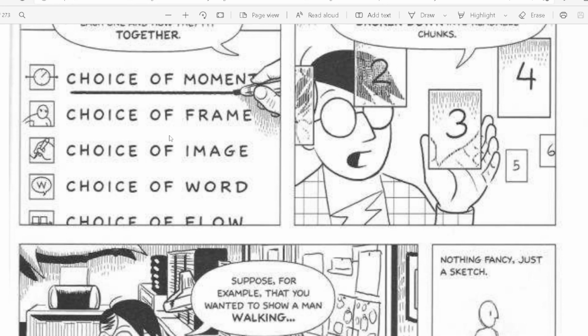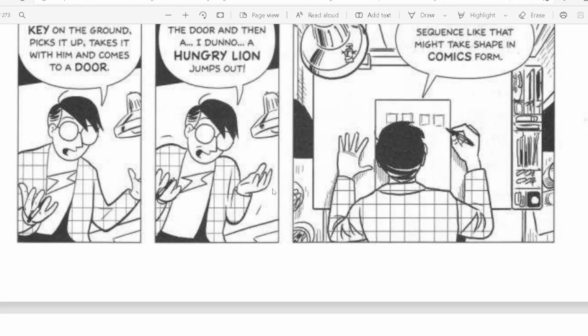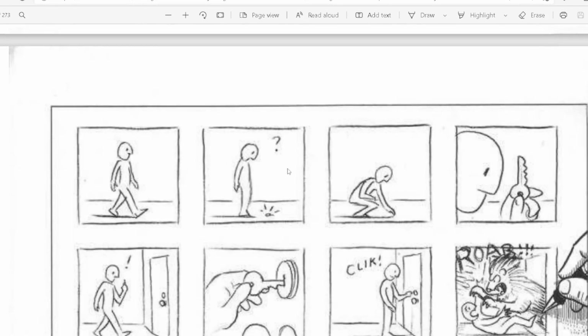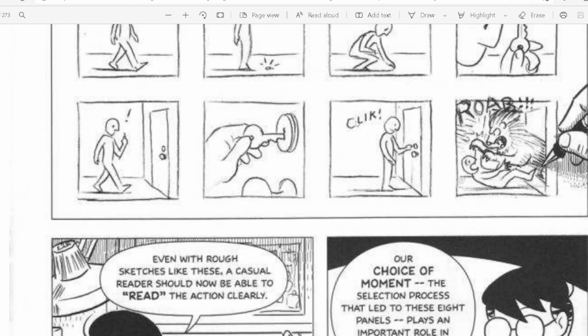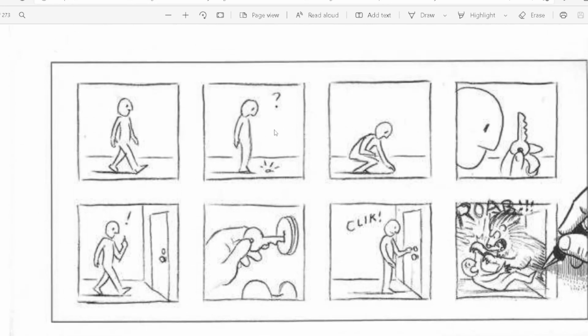Choice of frame, choice of image, choice of word, and choice of flow. Okay, so let's get started. We have already started. Now I'm going to move further. Now you can see how beautiful it is. As I told you yesterday also,